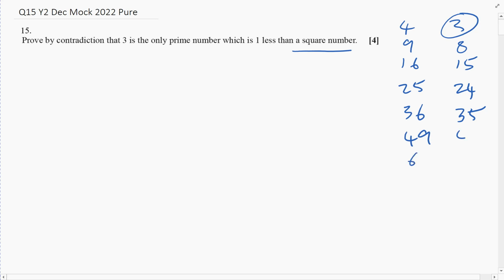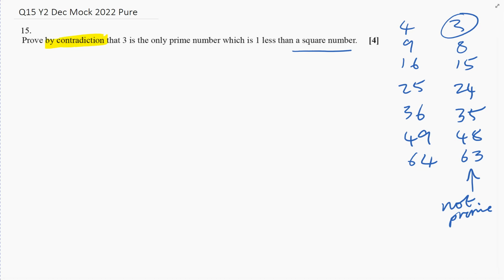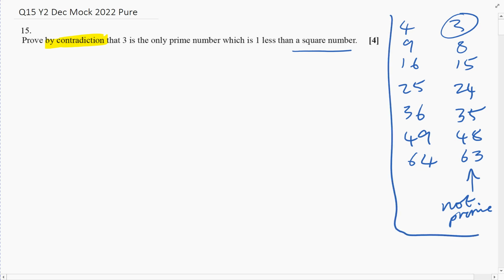But in order to prove this, in order to prove that none of these values are prime, what we have to do is do a proof by contradiction here. As usual with the proof by contradiction, you assume the opposite. We're trying to show that these are always not prime, so let's assume these are prime. So assume that P is a prime number